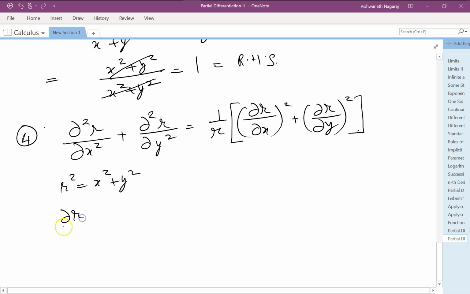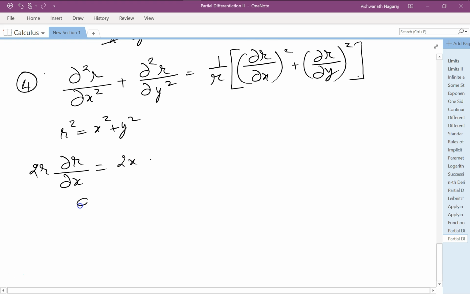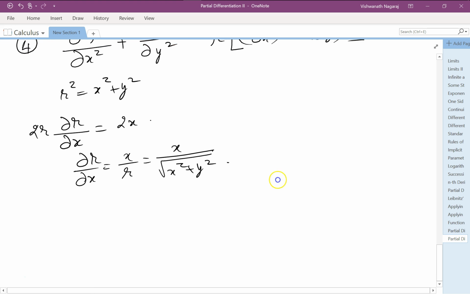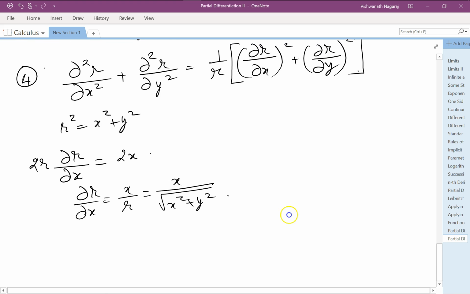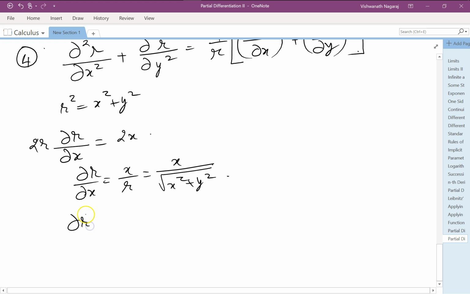We know dou r by dou x is equal to what? 2r dou r by dou x is equal to 2x. So that means dou r by dou x is equal to x by r, which is x by square root of x square plus y square. Now we have to differentiate this again with respect to x. So what will happen? Dou square r by dou x square is equal to square root of x square plus y square